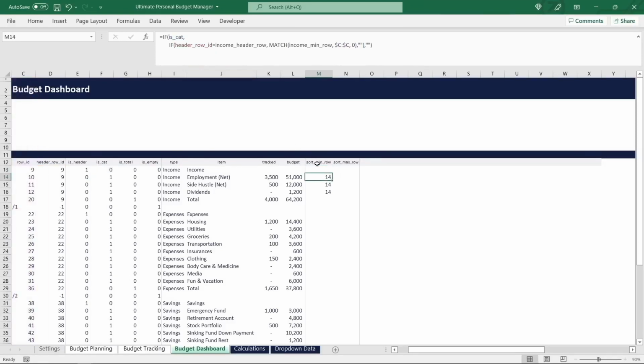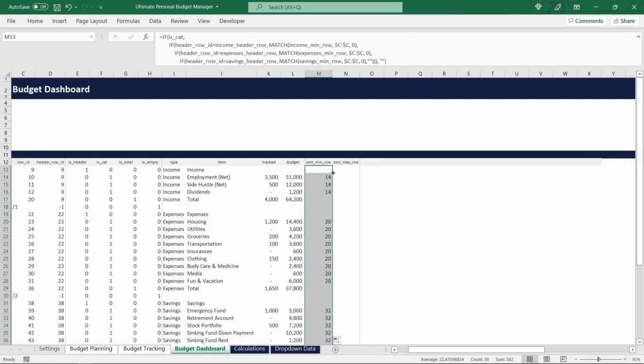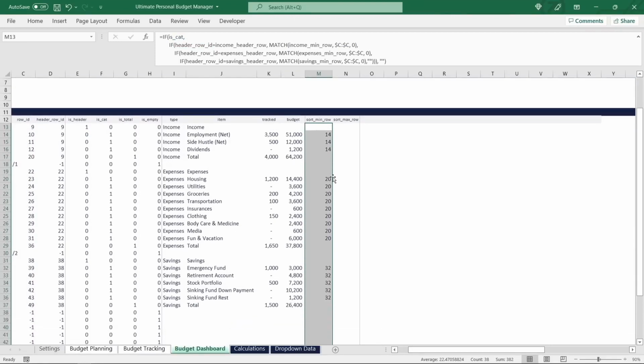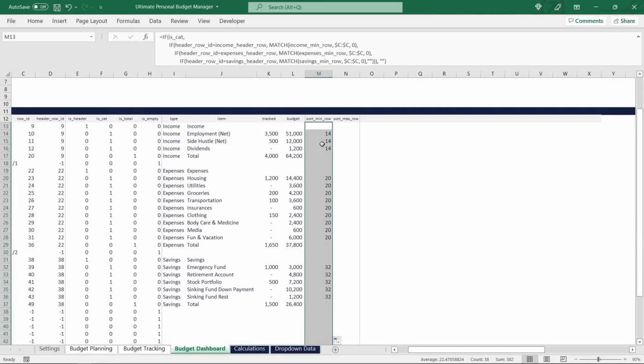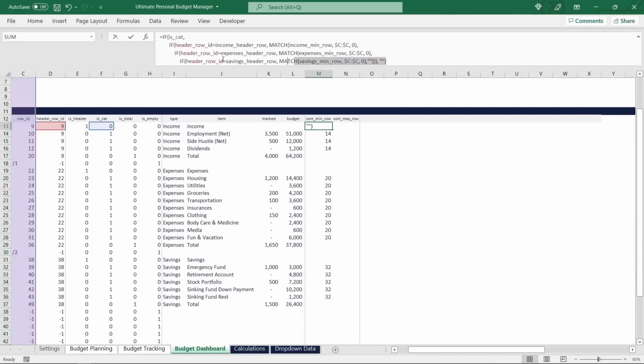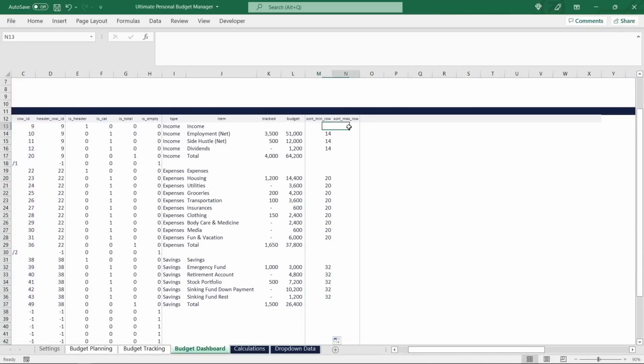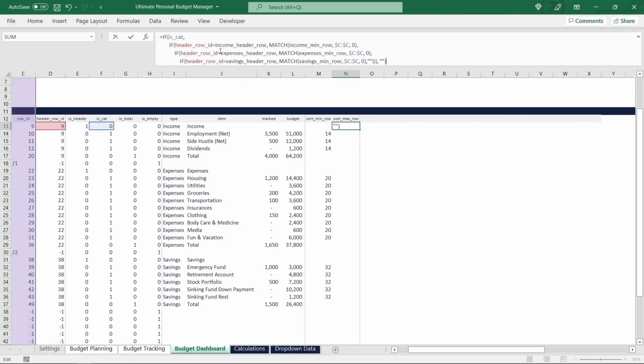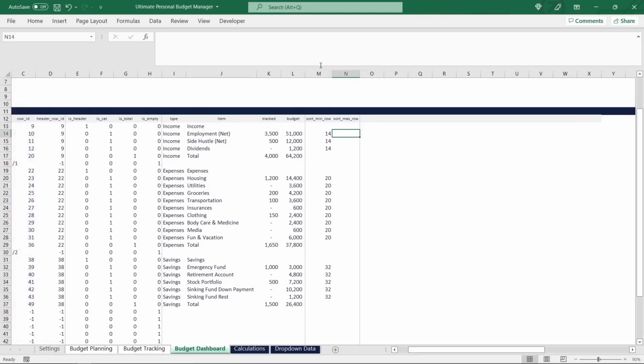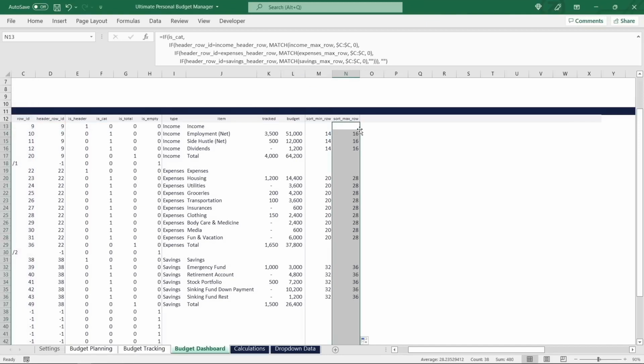Let's update the formula for all the cells in this column. And now each category item has that section-related information available. For the sort max row, we can then simply copy this formula and replace min by max in those match statements. And there we go, now we are able to determine the correct sorting range for any category item without looking